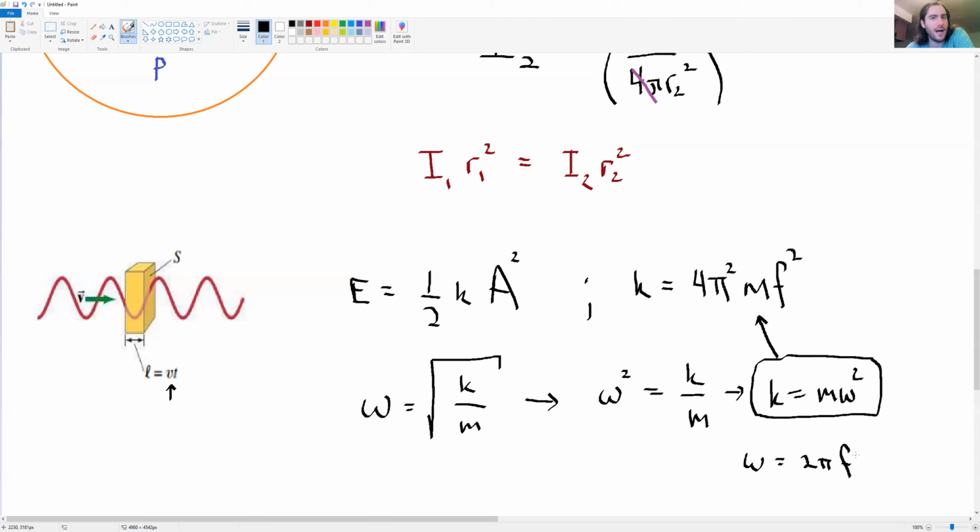1,000 hertz, that's kind of like a high-pitched sound as well. Okay,